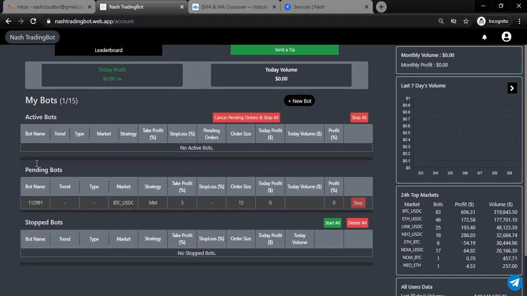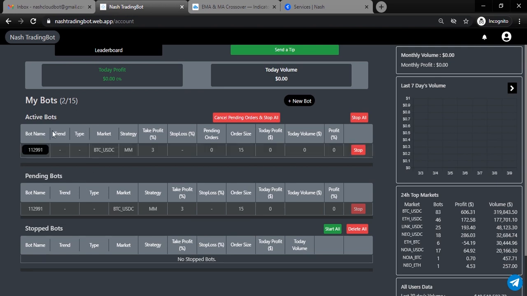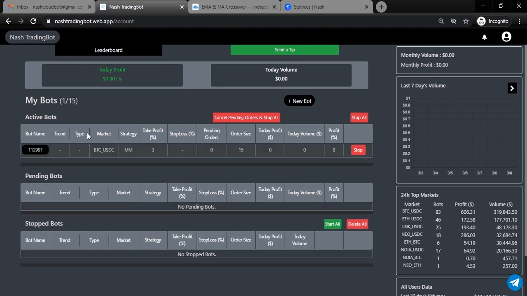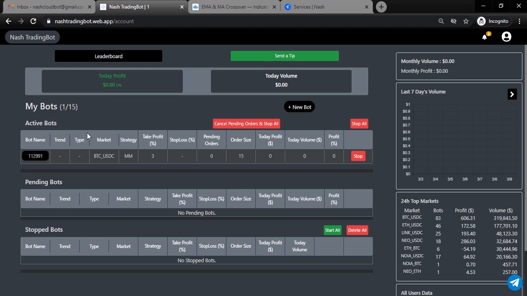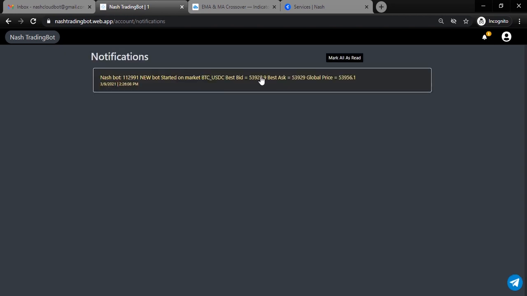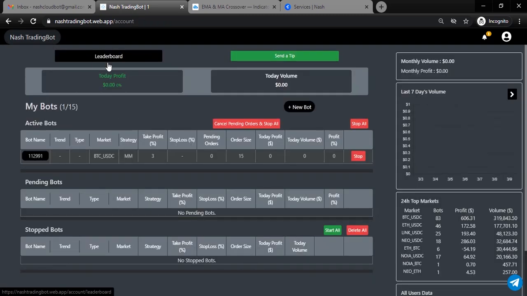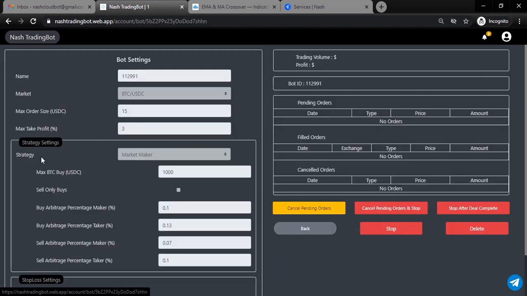The bot will appear in this pending section first, and within 5 minutes it should go to this active section and you will receive a notification after the bot is successfully created. Here you can see you received a notification about bot details. By clicking here, you can go to the bot details page.